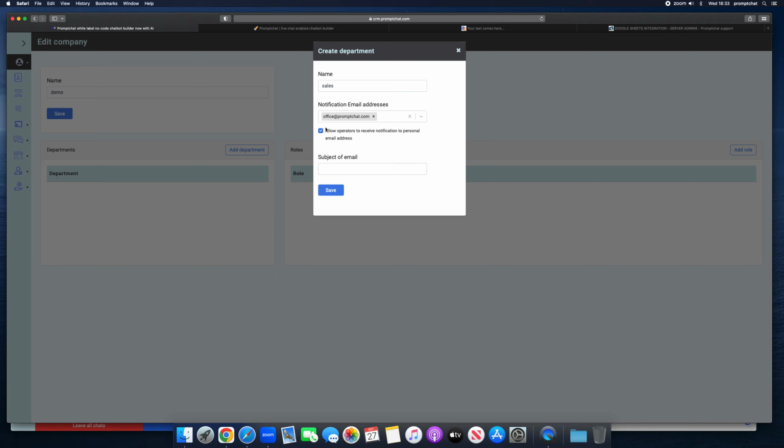Here the admin, I am an admin obviously, can enable this option, whether personal email addresses should be usable or not. Okay,